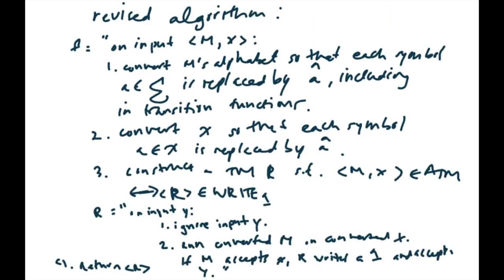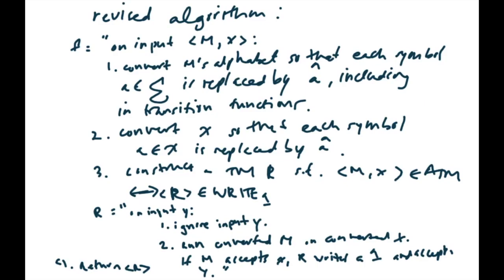So the revised algorithm is to convert M's input alphabet so that every symbol A in that alphabet is replaced by A hat, including its transition functions. And we're also going to convert our input string so that each symbol A in X is replaced by A hat. The reason we do this is because when we're simulating M on X, we don't want to actually write a 1 to the tape, because then R would be in Write1, even though R didn't actually write a 1 to the tape because there was already a 1 on the tape